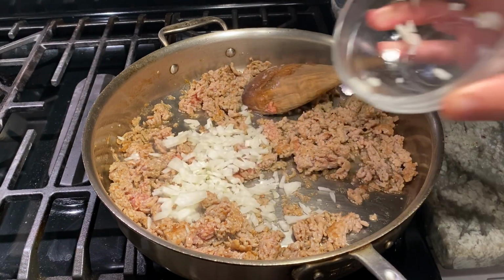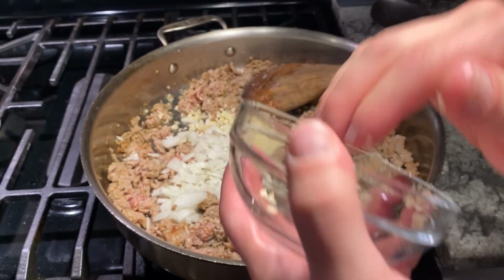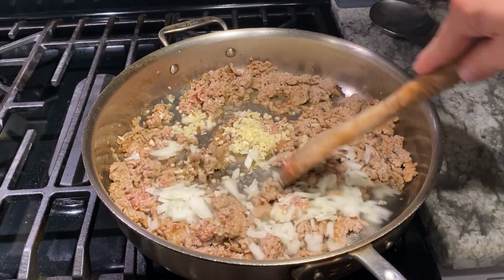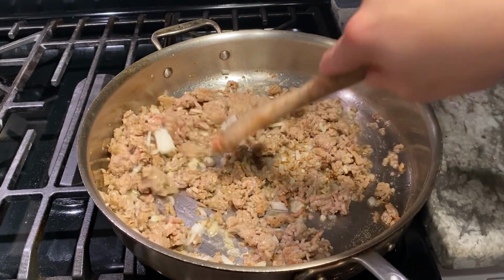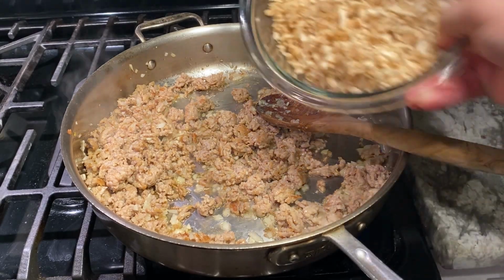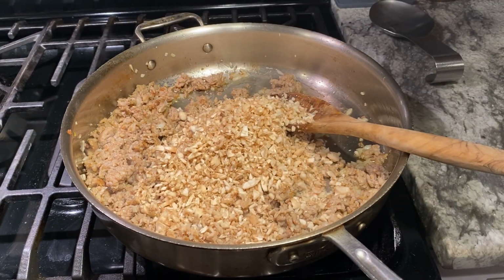We're going to add our onion and our garlic. Saute that until the onion starts to get soft. So it's just been about a minute and a half maybe. Onion's starting to get soft, so now we're going to go in with that mushroom stem that we blitzed in